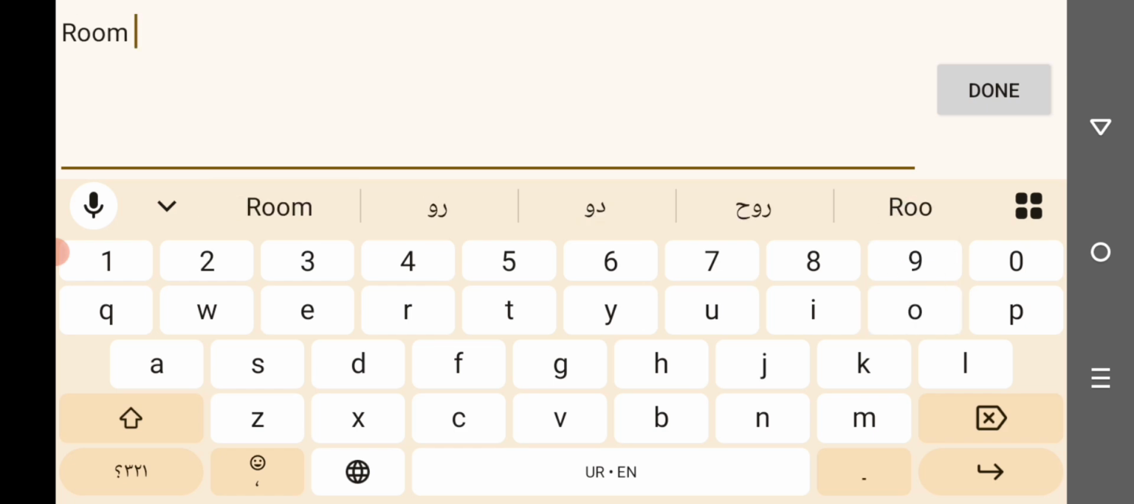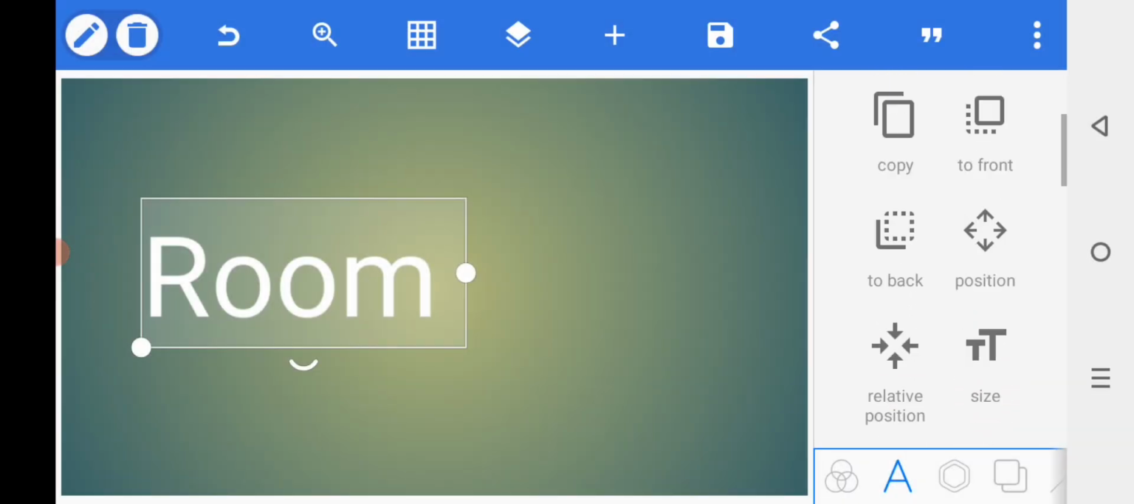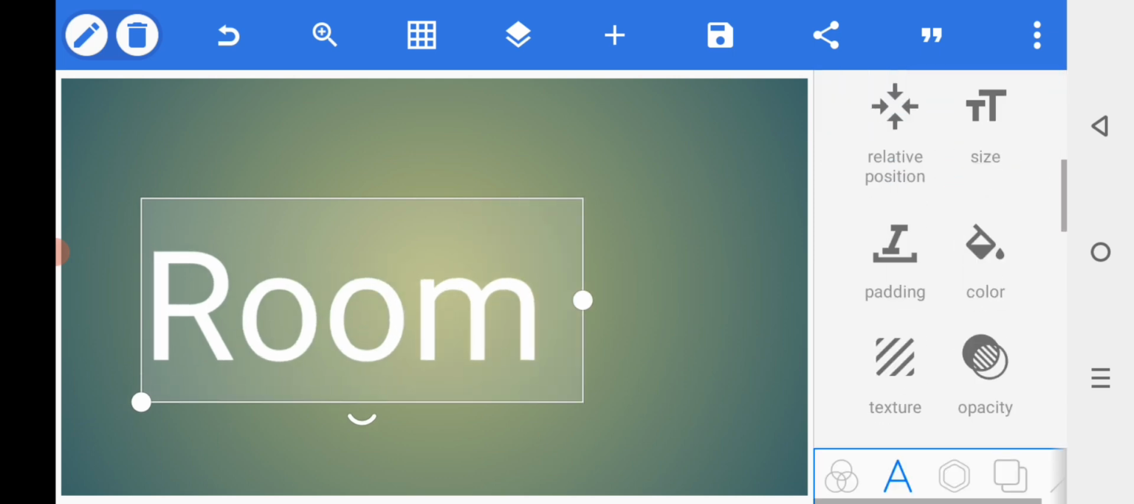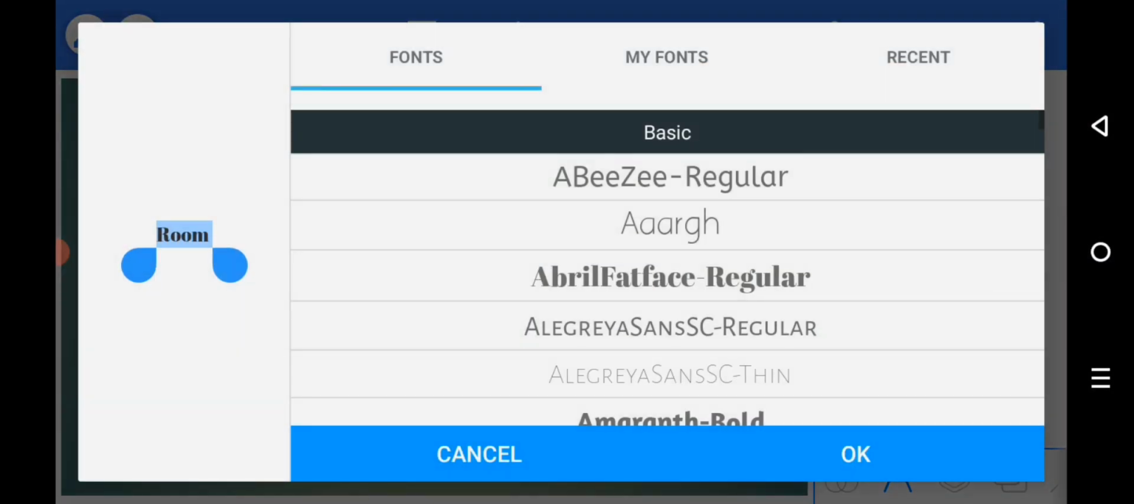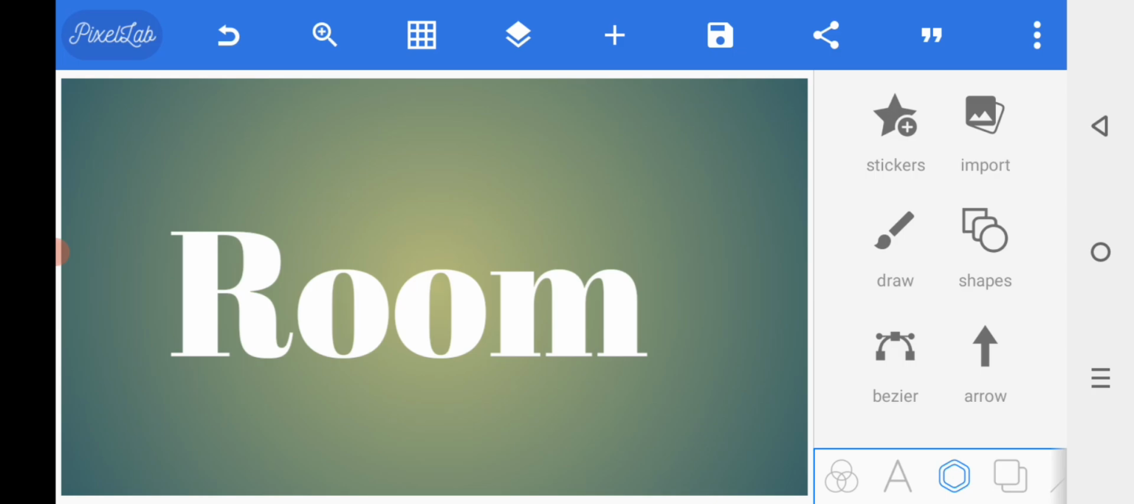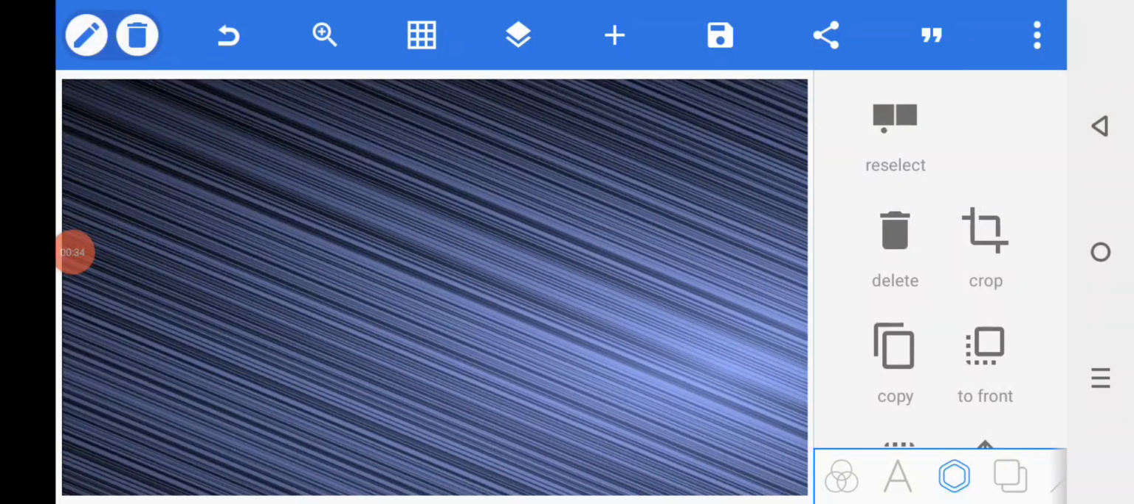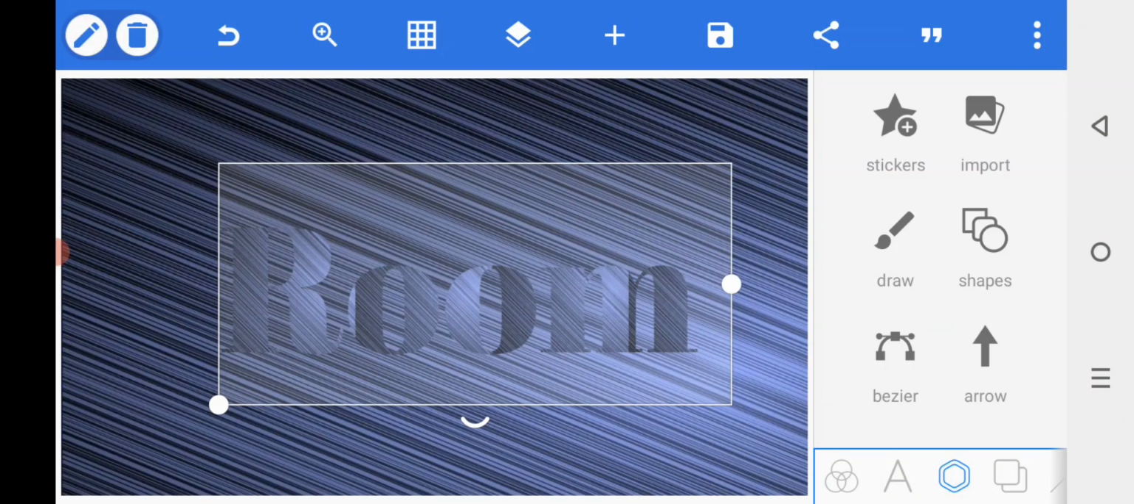How to make a designing letter on Pixel Lab easily. Open the Pixel Lab, select the text sheet, write, size the letter, choose the font of the letter, adjust the letter, select the texture, go to the gallery, select a color, adjust the color, to back the color, select the stroke, adjust the